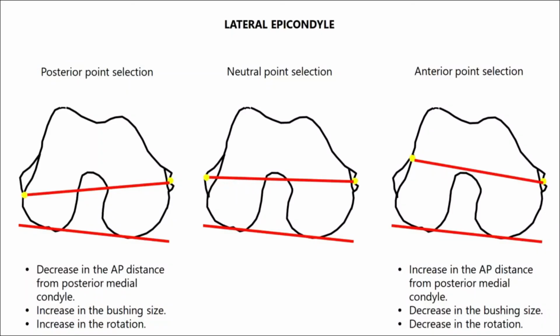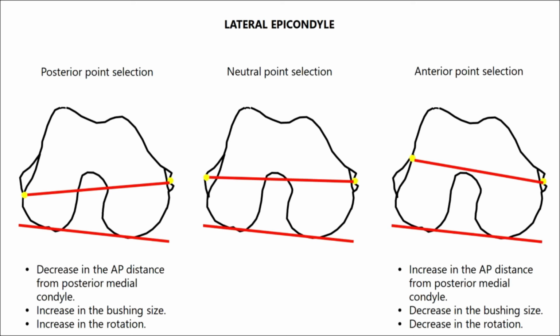This landmark is used to define the transepicondylar axis. The transepicondylar axis is defined as the line joining the surgical medial epicondyle and the lateral epicondyle. It is said to represent the flexion extension axis of the knee. Errors in selecting this landmark will lead to errors of defining the transepicondylar axis and the subsequent setting of the rotation of the implant to match the transepicondylar axis.